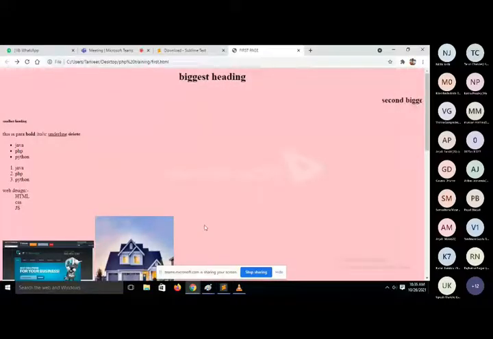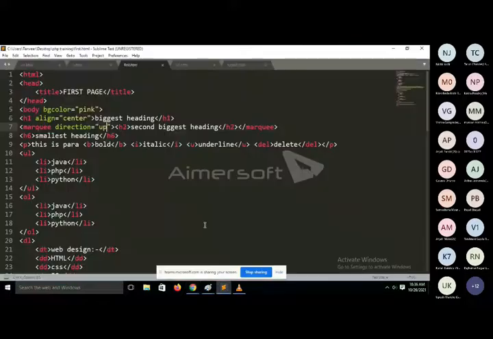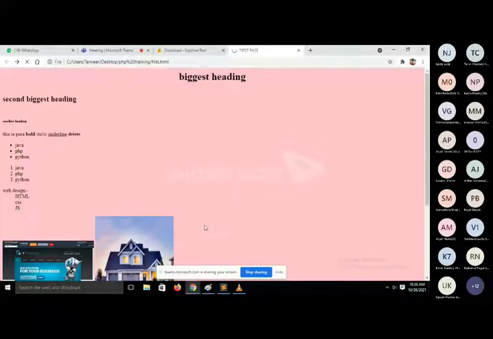When you pass up, it is moving upward. If you pass down, then the direction of the marquee is from up to down, or you can use left and right also.